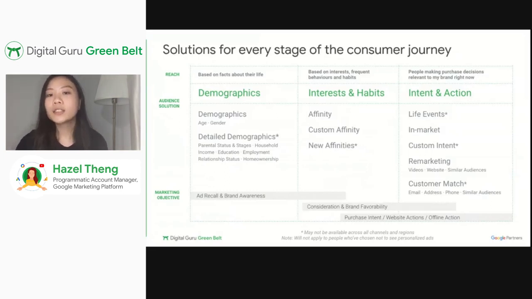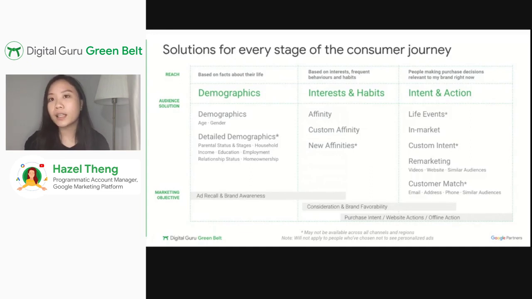And from an interest and habit standpoint, we have your interest segments. These are based on users' frequent behaviors and habits, and they're tailored for you to reach users who are considering or have shown interest in a specific segment or category, but probably do not yet have an intent for a specific brand or product.